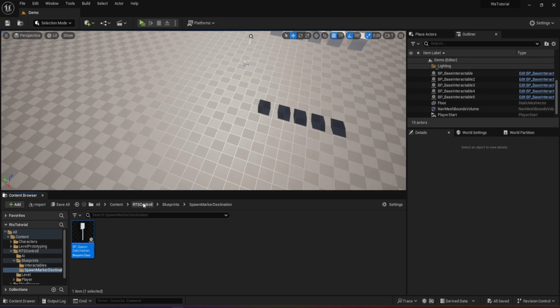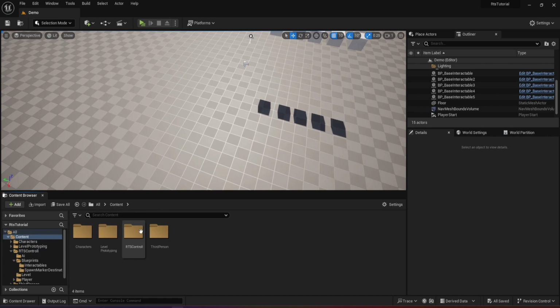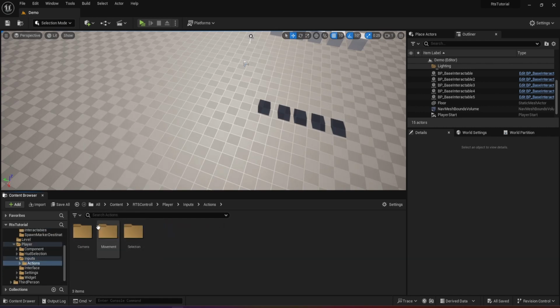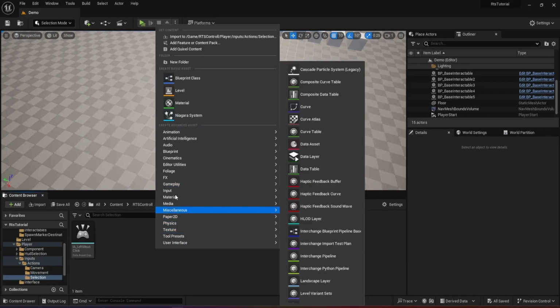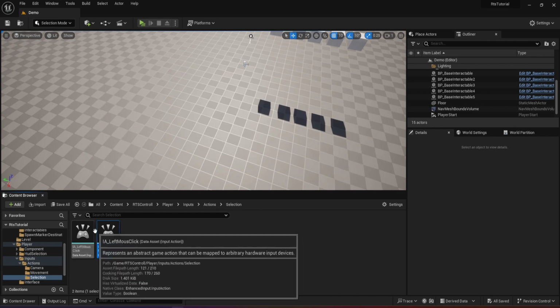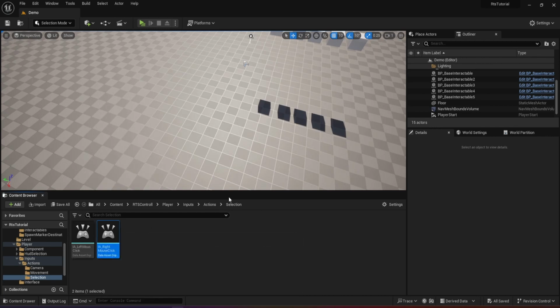Now we need to create a new input, and to do that I'm just going to go back to our content. Let's go to RTS, player, inputs, actions. So we have movement, selection. On movement, I'm just going to put inside the selection. I'm going to create another input here, and I'm going to call this IA right mouse click, right? You can call this whatever you want, but since we're doing RTS mainly focused on the computer,